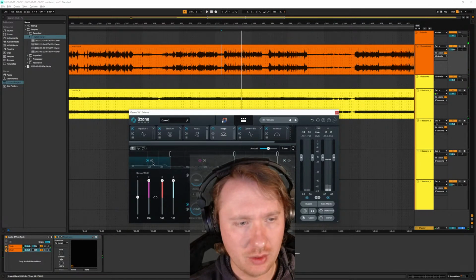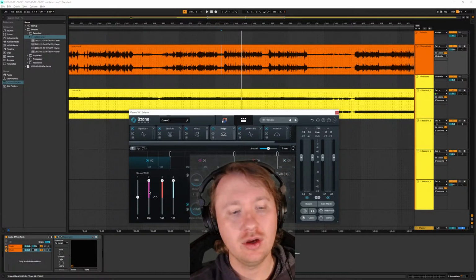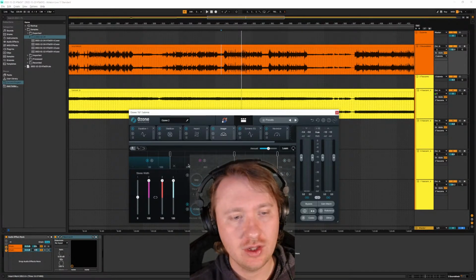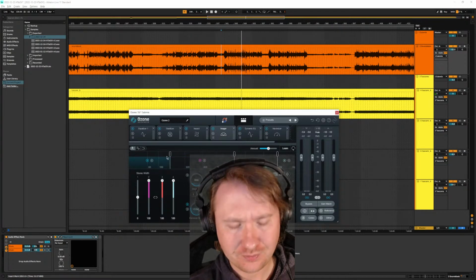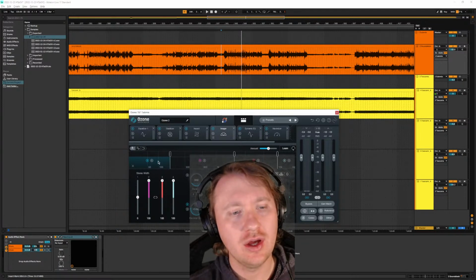Ah, yes, this is what I wanted to go into. So this imager, affecting the width of the recording. One other thing that I did, and it very often gets this right, but it does need to be poked on occasion, is making sure that the stereo width of the bass is at 0,